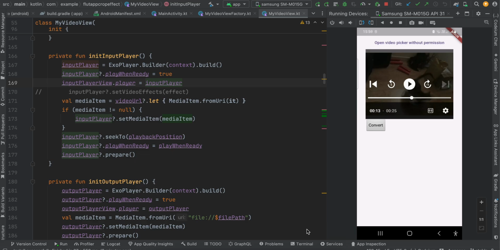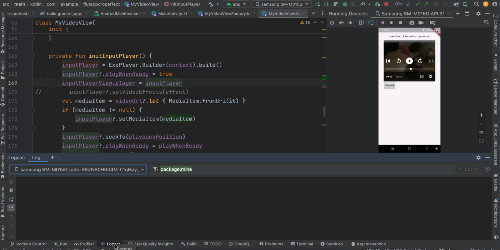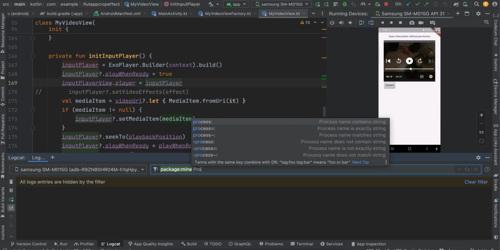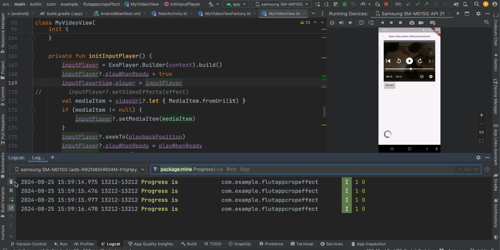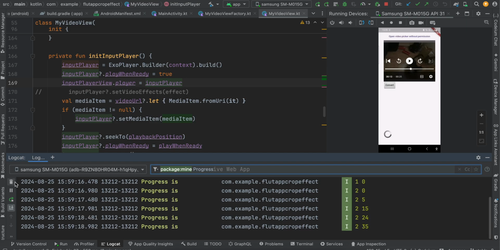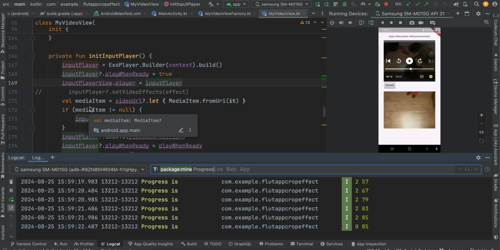Now I will quickly open Logcat, and here I'll clear this, and I'll enter progress. Okay, I'll clear this again, and I'll click on the convert button. Now here you can see that I'm applying some crop. I'm cropping this video. I have hard coded those values. So here you can see this was the original video, and in the second video the crop effect has been